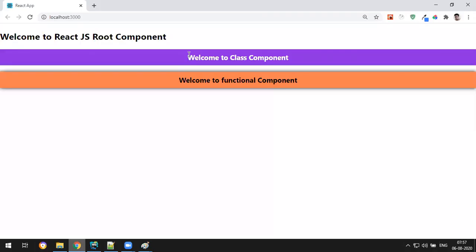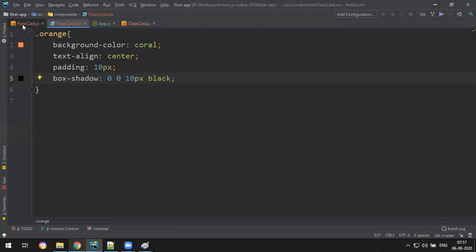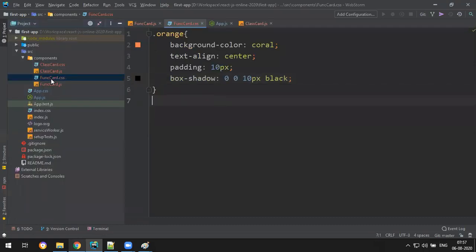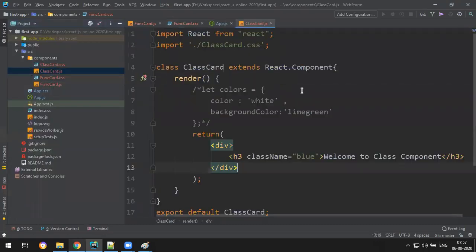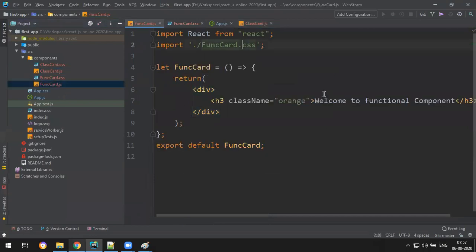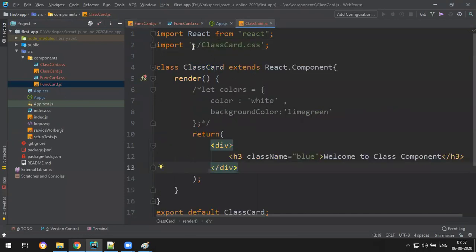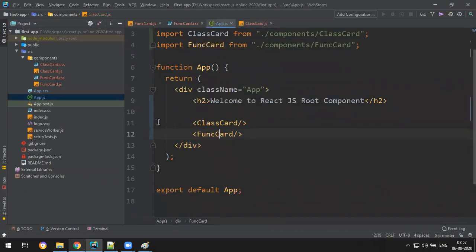You get the styles. Okay, so till now what we have understood is how to create a component using the class base as well as functional. This is class base, this is functional. So two ways we can create in React, and then how to apply styles in the local, internal, and external, and how to add them to the root component called app.js.